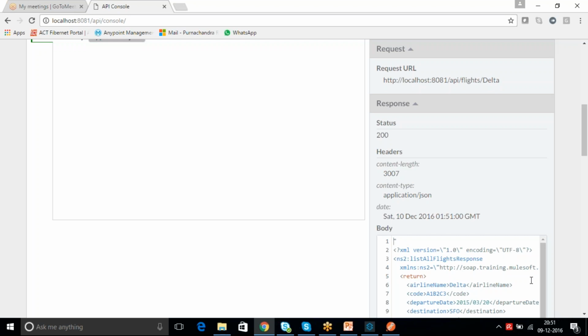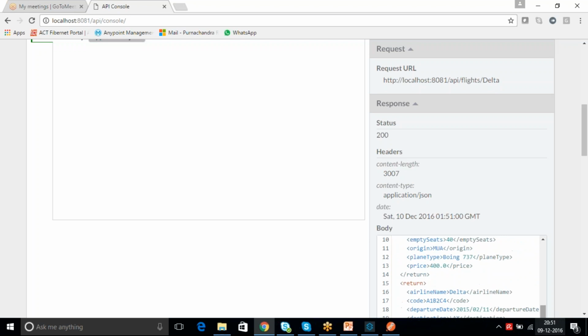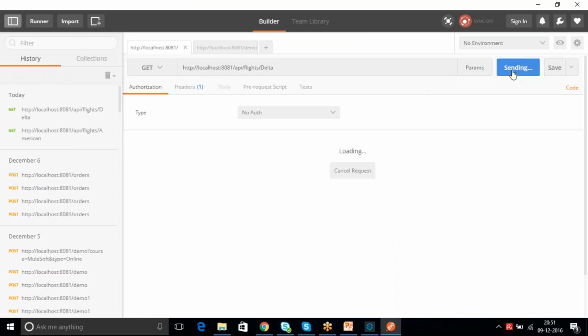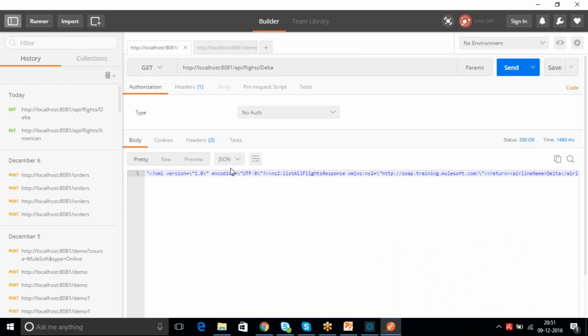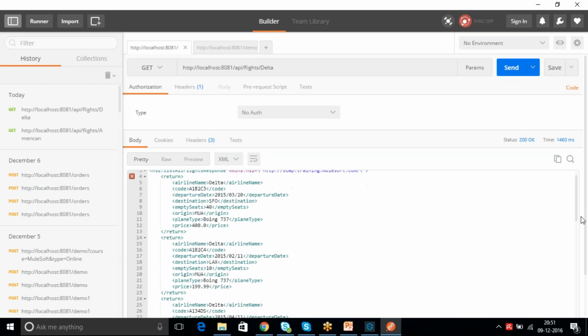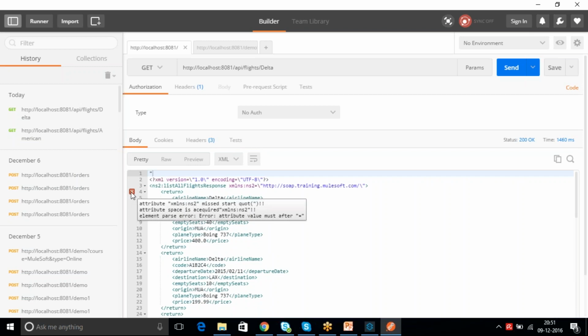Now you can see that, right? So you got the response back and it is some XML. When we tested previously, it was an empty record. Now we implemented it, so you can see that. Click on XML so that you can see it properly. Okay, we got the 200 response with multiple records. But we want to see that as JSON. That's why it is showing something like this XML.